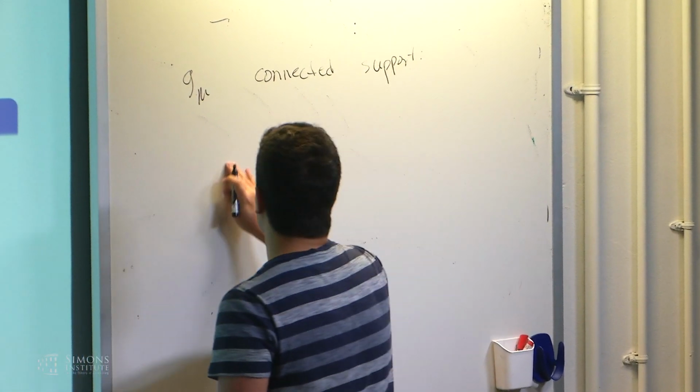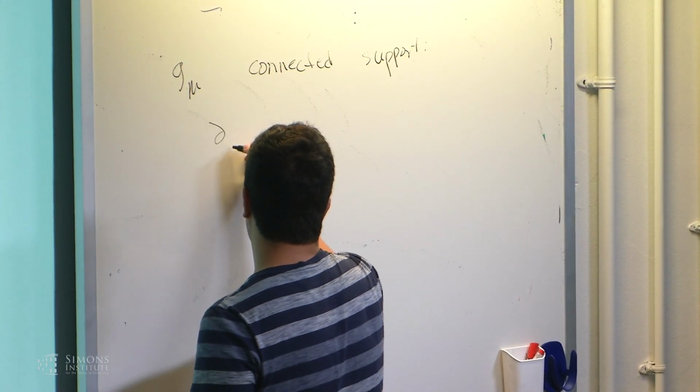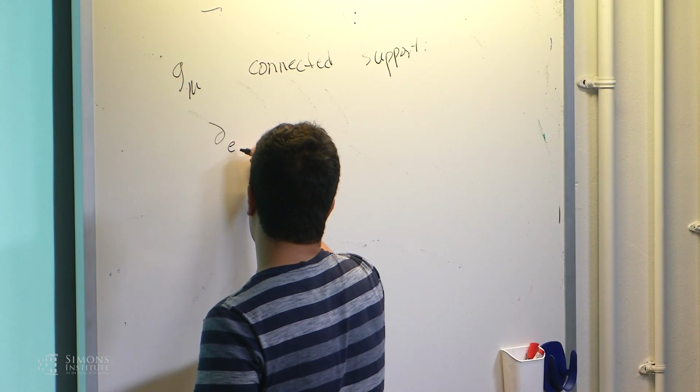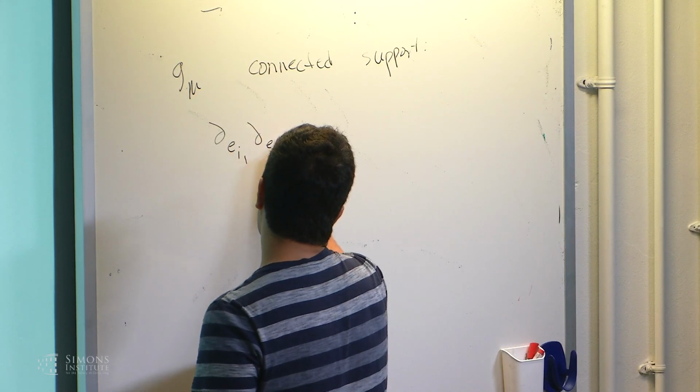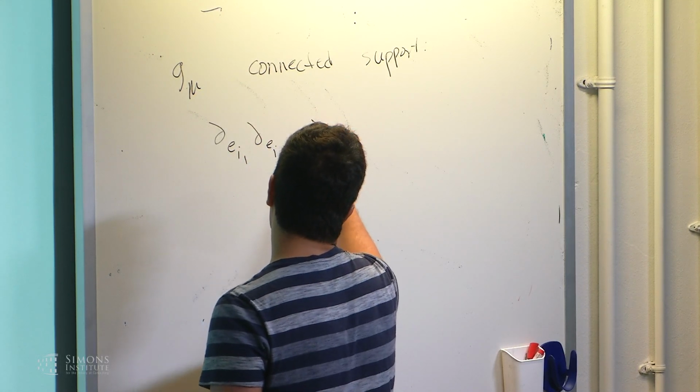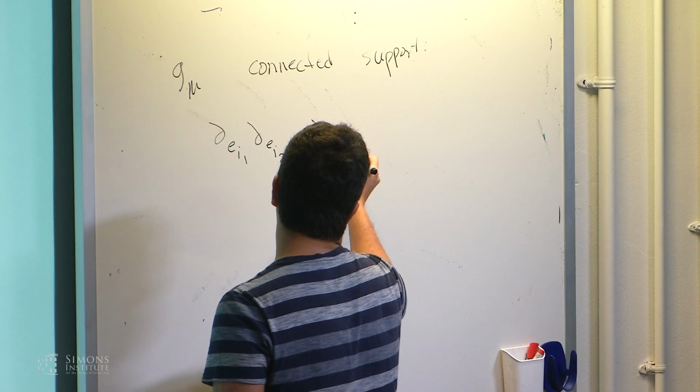if whenever you take a bunch of partial derivatives, so partial derivative along e_{i1}, e_{i2}, up to e_{ik},